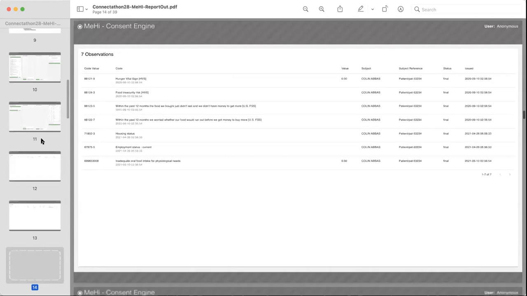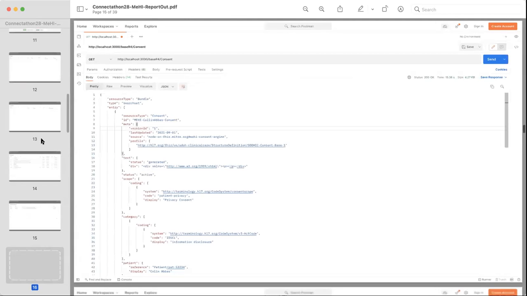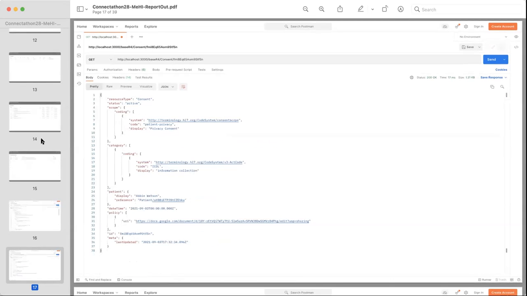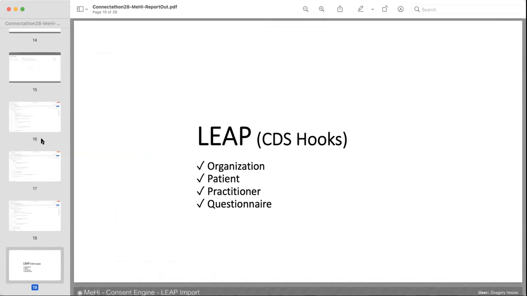We got the organizations in there, we got the observations, they were loading in correctly, and the same questionnaire responses were coming in. We verified with Postman. We did bundle fetches on the consent records and verified, on the Connectathon aspect, that we were able to connect two different systems, being Postman and Node on FHIR. We did the same for spot checking individual consent records, more consent records. And then this week,